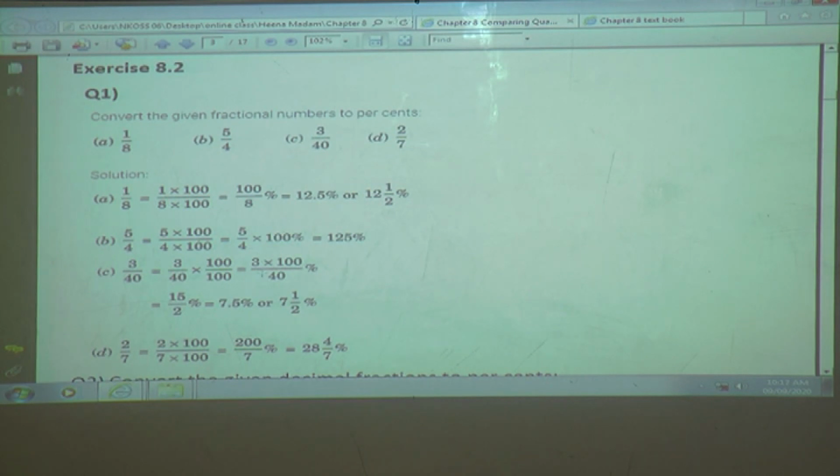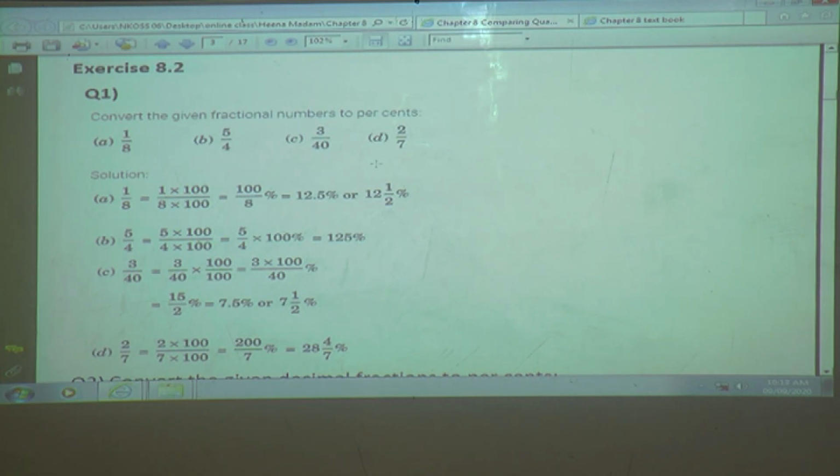I have given 3 different methods, so you can use any one of these which is easier for you. So 3 multiplied by 100 upon 40%, you can reduce here, the zero cancels. Now you can reduce by 2: 2 twos are 2, 5 twos are... 2 5s are 5, 3 5s are 15. So it is 15 upon 2%. You know the half of 15 is 7.5%, or we can write 7 whole 1 upon 2, or we can say it is 7.5%.